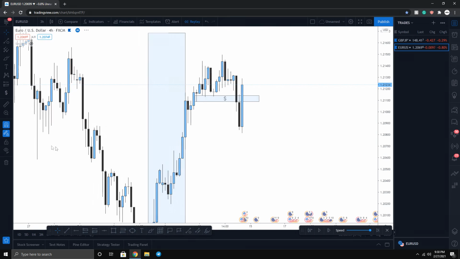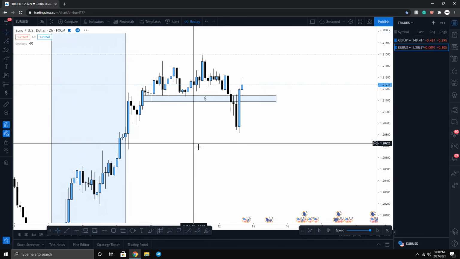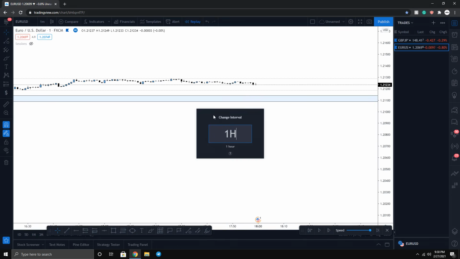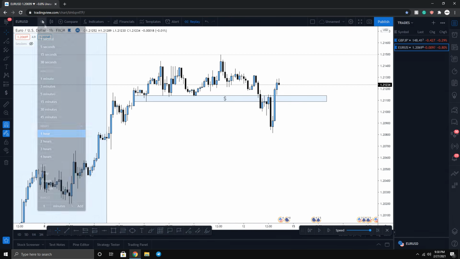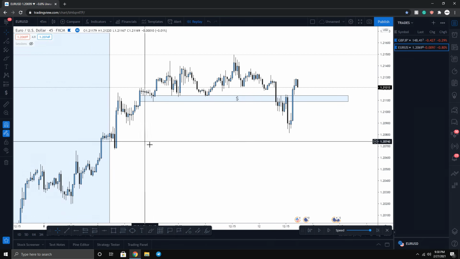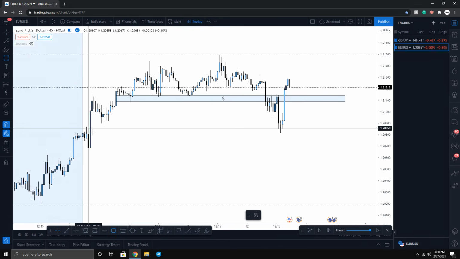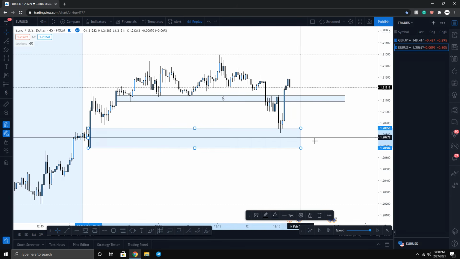If you go towards the 3-hour, we're going to be looking for an order block, or the 2-hour time frame, even the 1-hour. Check the 1-hour. Sometimes you have to check multiple time frames to actually find the order block. Okay, so right over here, check the 45, and right here, perfect, we found it. We can see that from this high, from the order block, from the low to the high, we mark off this order block.